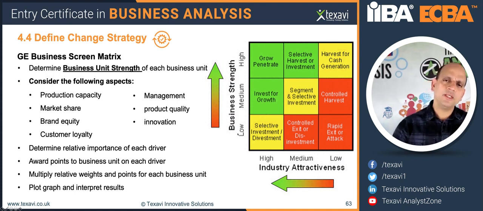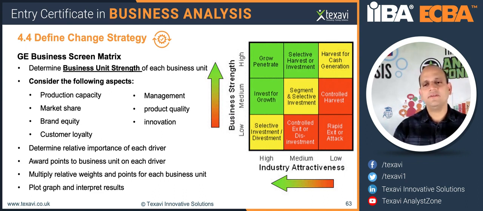It's similar to the other BCG portfolio matrix, but here we're talking about industry attractiveness as well, and it's slightly different in that you've got more scales here, low, medium, high, and you've got a more prescriptive way of what you can do here, whereas there it's just about 4 prescriptive opportunities or options that you have. So this is again another use